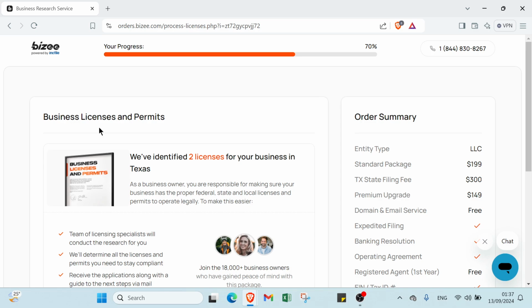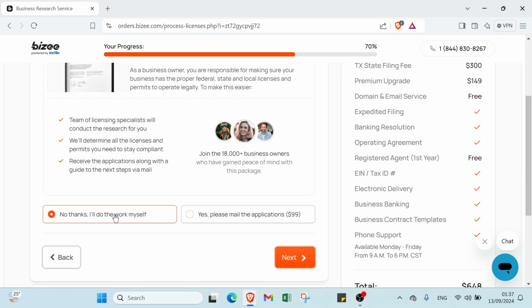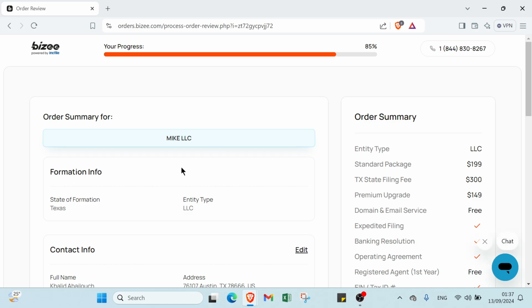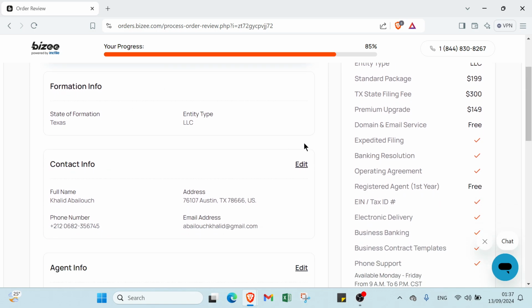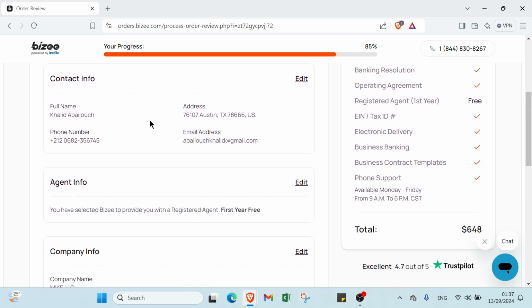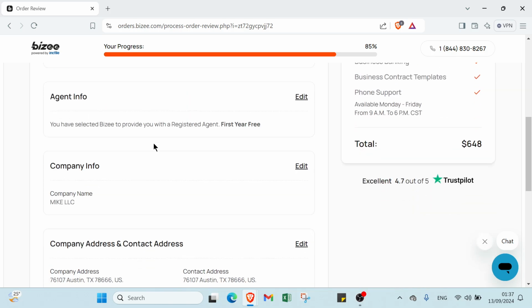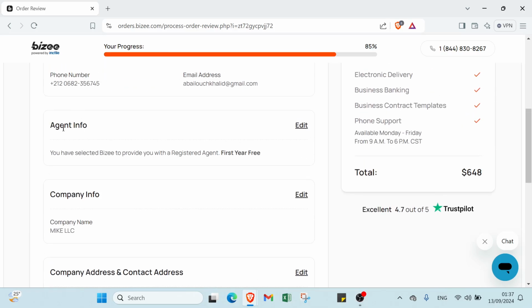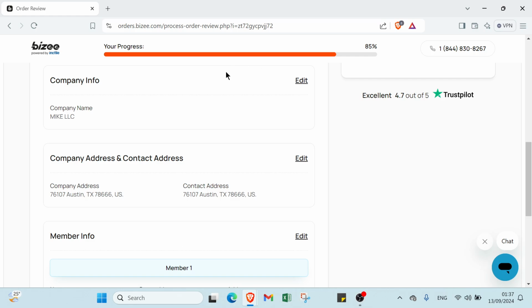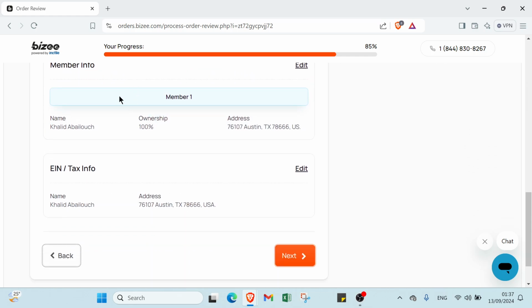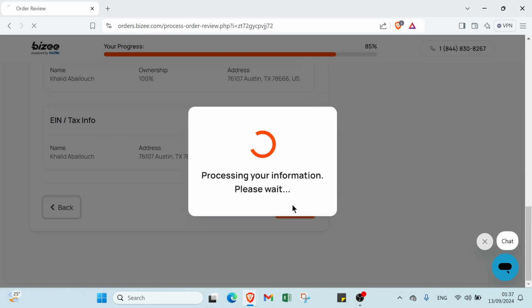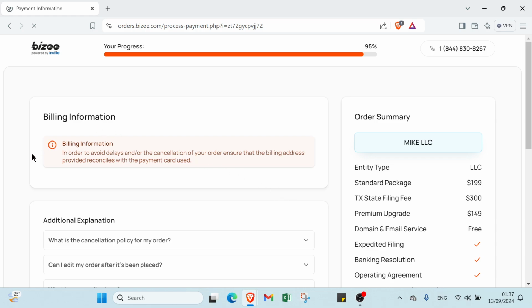About business license and permits, you have just to click over the first one, because the second one you have to pay $99. And this you have to edit your information, so you have to modify your contact info if you did a wrong or mistakes, also agent info, company address. So I didn't make a mistake, so I will click over next, and we have the last step,